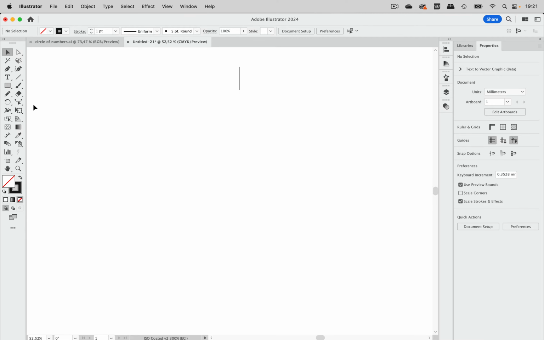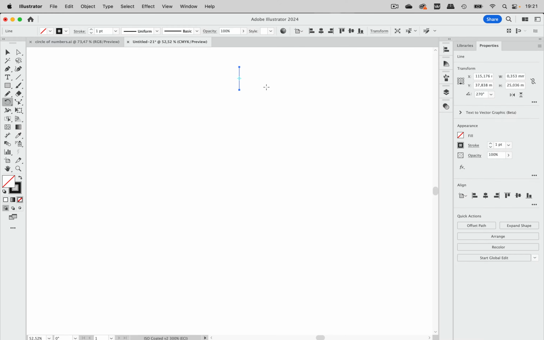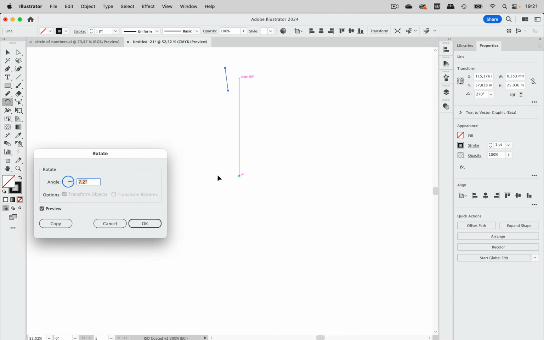The next thing is you're going to take the rotate tool and of course select this path, and then most of the time you will base this on some sketch, and of course you know where your center is. But if you don't, you can also use smart guides to have this rotate exactly around the center. So press the Alt key and click and move this center point symbol,